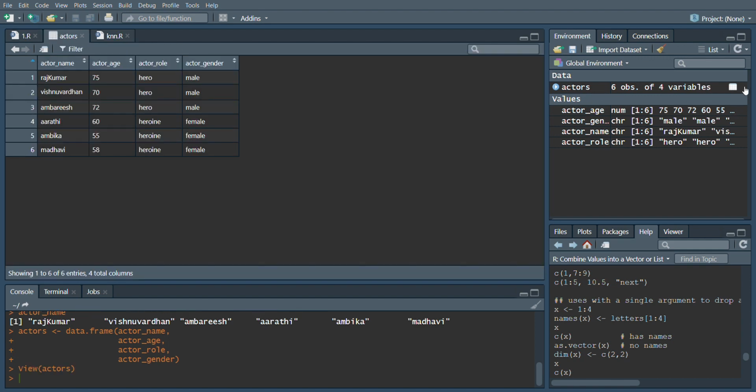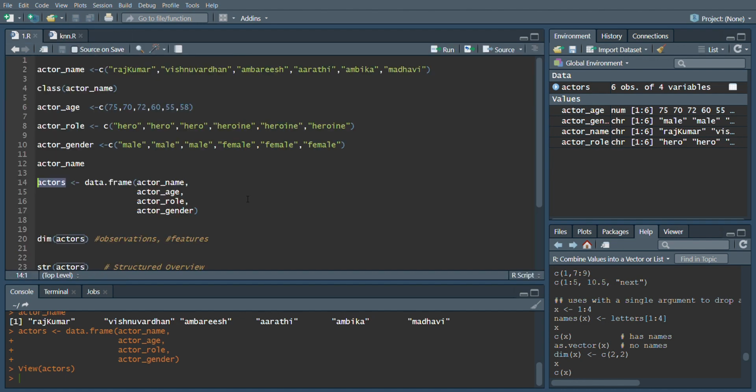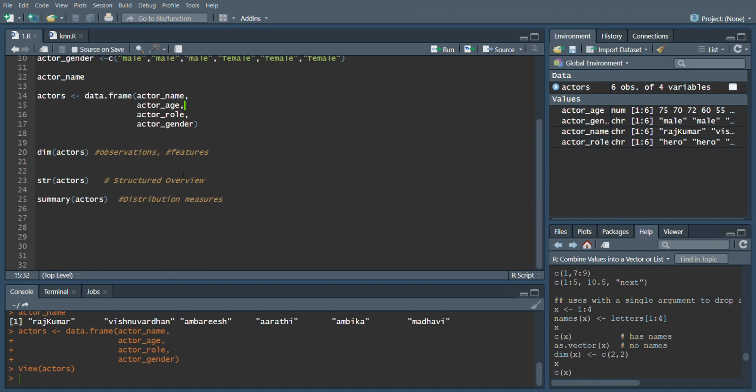If you want to view the content of the data set, just click it here. Now this is the data set. As I said, there are 6 observations we are dealing with. This is one feature, this is one more feature, one more feature, one more feature. And if you want to get high level details by using the functions present in RStudio, for example, if you want to know how many observations are present in the data set and how many features are present in the data set. Remember, features are nothing but columns in the data set, and observations are nothing but rows.